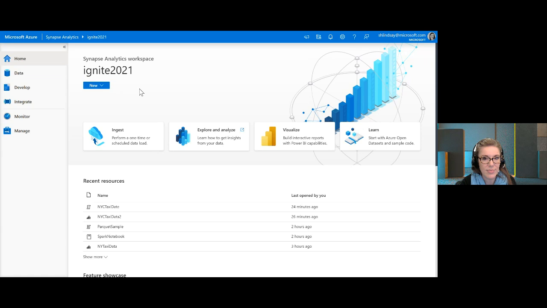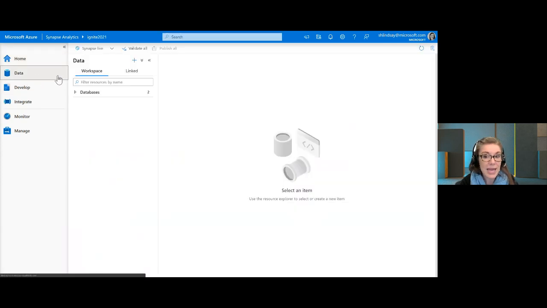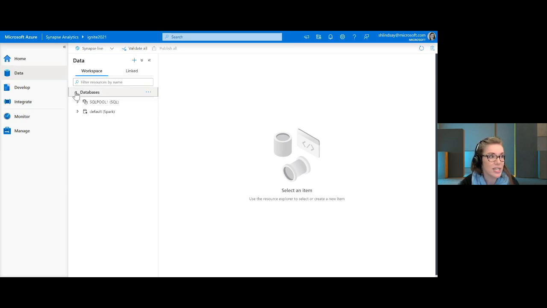The first place that you're going to want to start, if you're getting started here, is in the Data Activity Hub. The way that Azure Synapse Studio is set up is that you've got your navigation pane on the left-hand side, and then when you start working with your resources, you'll see those in the designer in the center of the screen. So the Data Hub is where you access your provisioned SQL pool databases and SQL serverless databases in the workspace. So here we are, okay?